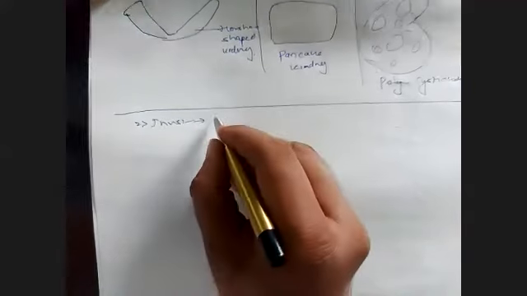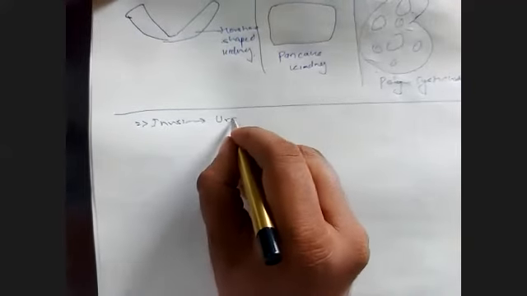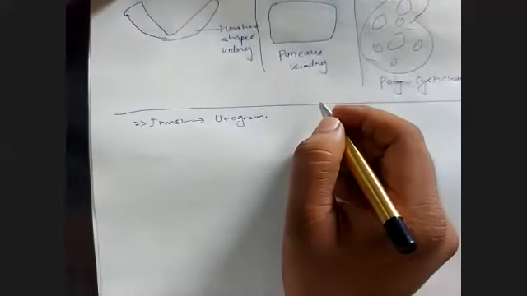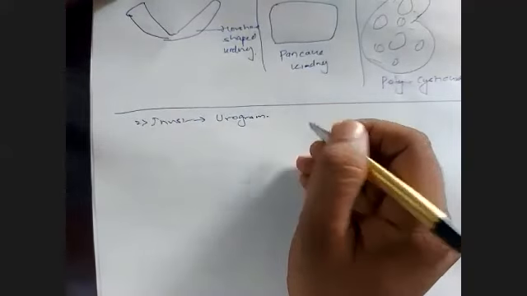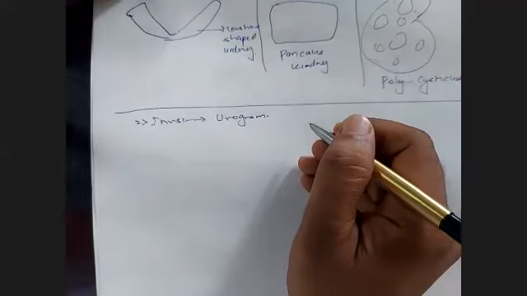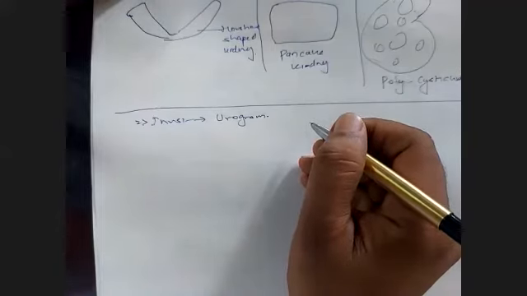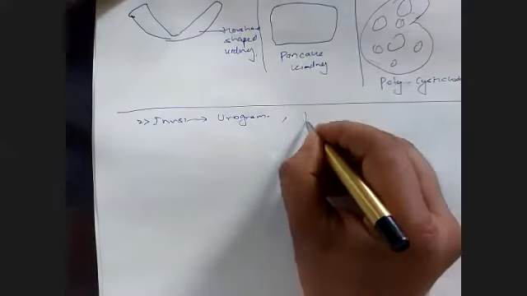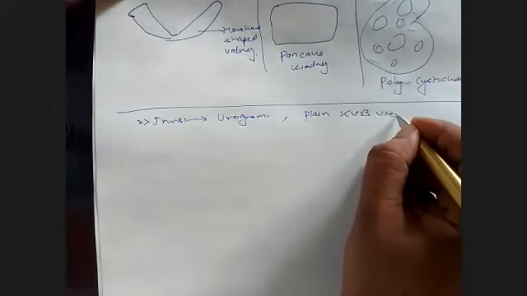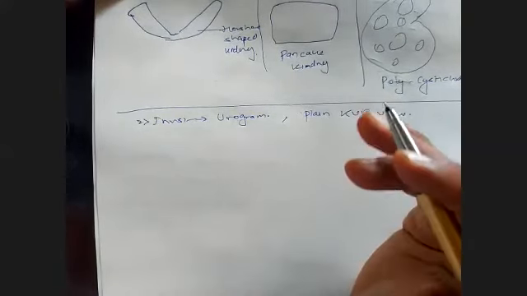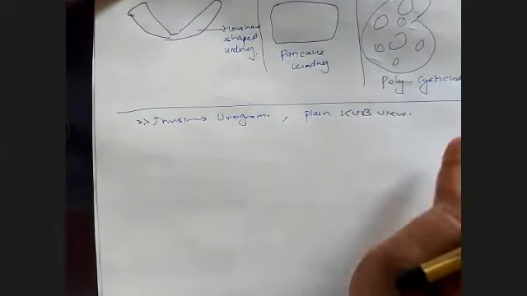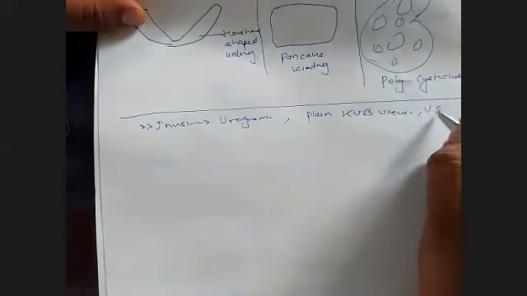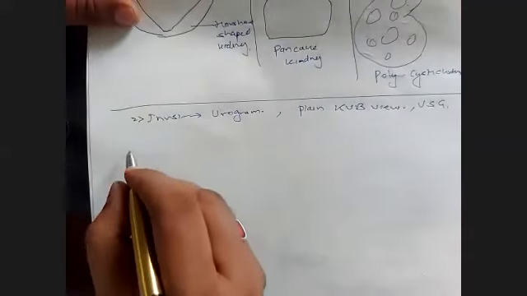Then investigations: you talk about the urogram, where a dye is injected into the veins, and in 10 or 15 minutes that dye appears in the kidney. We take the X-ray. Then you have to draw about a plain KUB view, kidney, ureter, bladder view, an X-ray of the abdomen to view the kidney, ureter, and bladder. Then USG is also done, because the kidney is a soft tissue, to check for